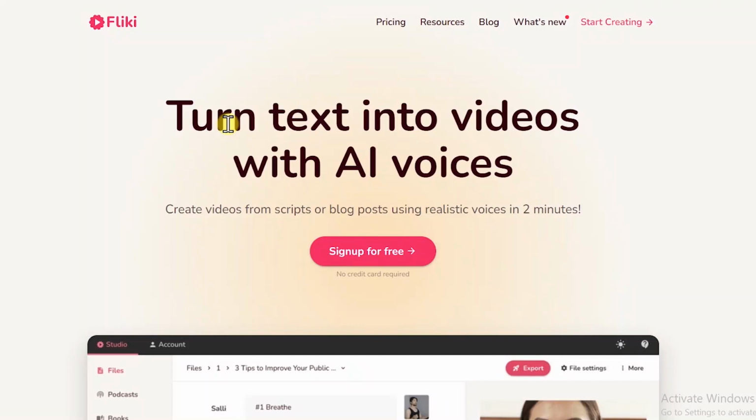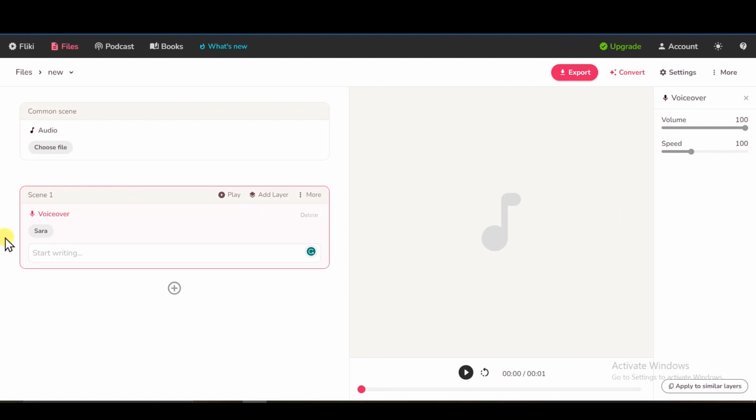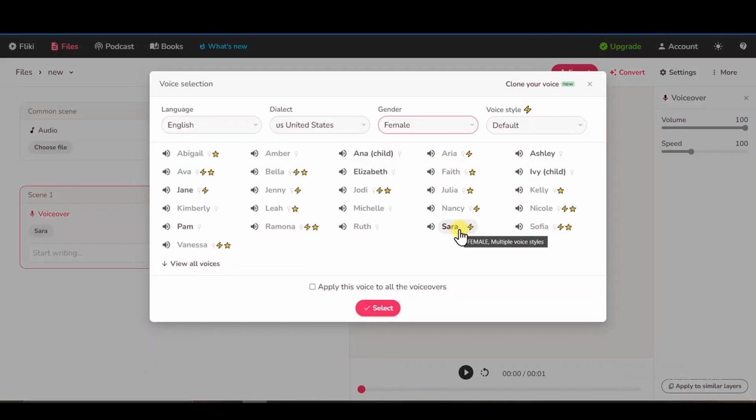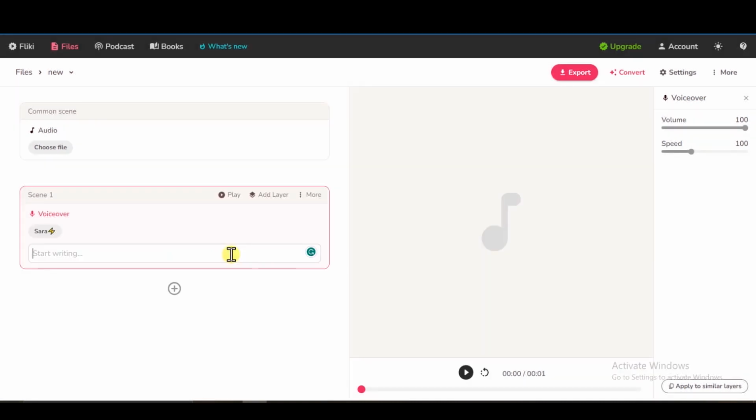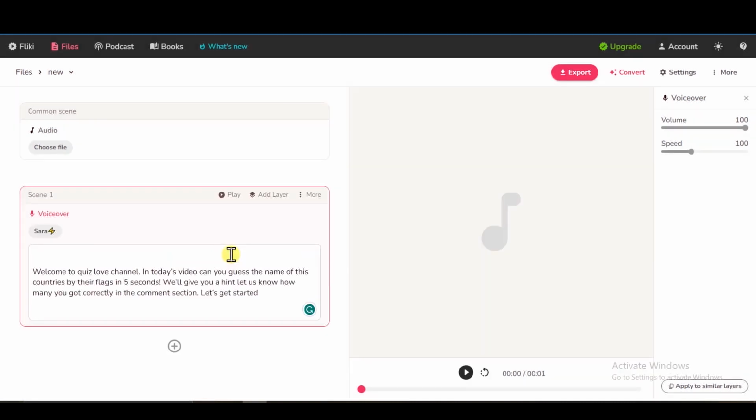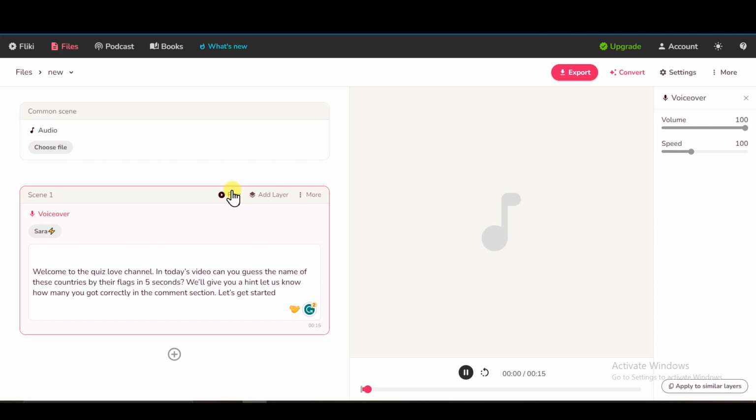So to do this, we'll use a voiceover tool called Flicky. This tool is completely free to use and has one of the most realistic voices in this category. So after signing up, you will come to this page. I am going to select the voice Sarah, and the voice style should be excited. Click Select. I am going to paste this text that will serve as the intro here, and it'll automatically generate